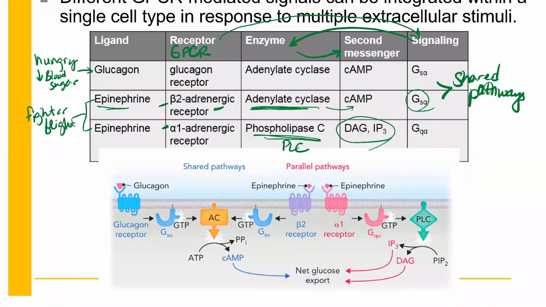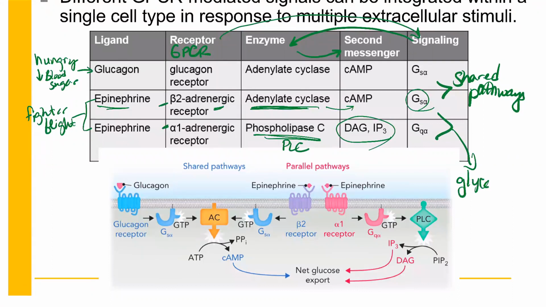So you put epinephrine in, and no matter which way you go, you're going to end up turning your glycogen to glucose. So the very end of the pathway is the same. Everything from start to finish is going to be different, but the very end of the pathway is the same. And so what we call those parallel pathways. Okay, so they are parallel pathways. So these two here are parallel,